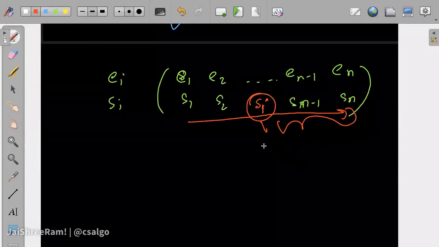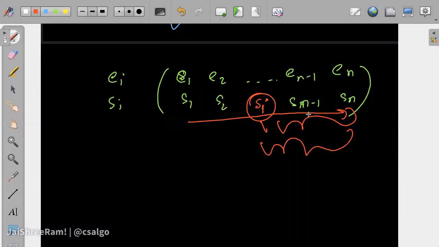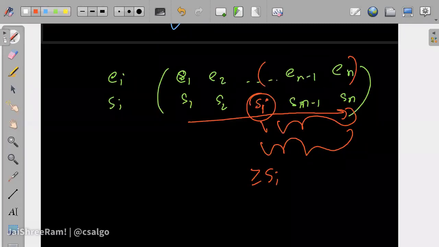So if I make a team out of elements from S of I to things that are more than it, then that team will have minimum speed greater than or equal to S of I, and it is going to get multiplied by the elements that we choose out of these. Whichever elements we choose from S of I to n, we pick some k elements out of it, their summation multiplied by S of I. That would be the answer if we pick S of I into our answer and everything else from this side.